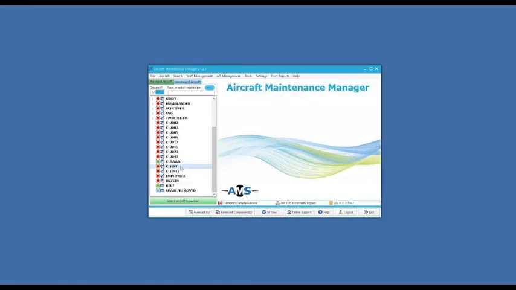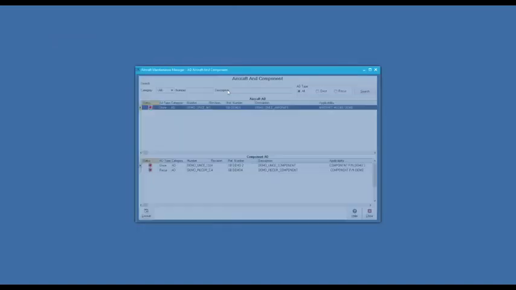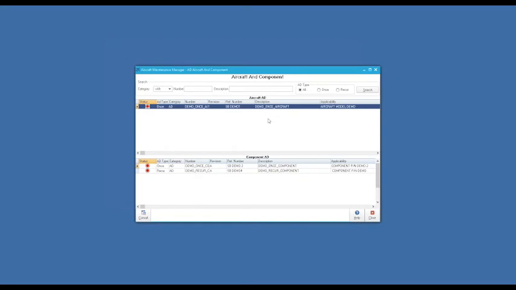And if I go inside an aircraft, the AD section is still at the same place. The only thing is that it looks a little different than before. Before you had the once and the recurring on the screen. Now in the first part of the screen, you will see all the ADs that have been created for the aircraft. And in the second part, you will have all the ADs that are created and linked to components. So this is the main screen.